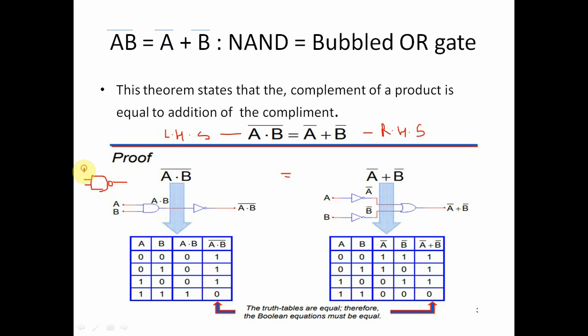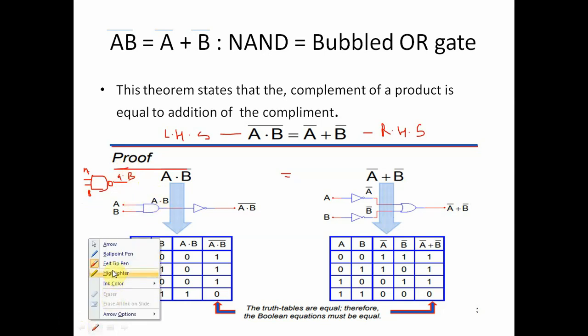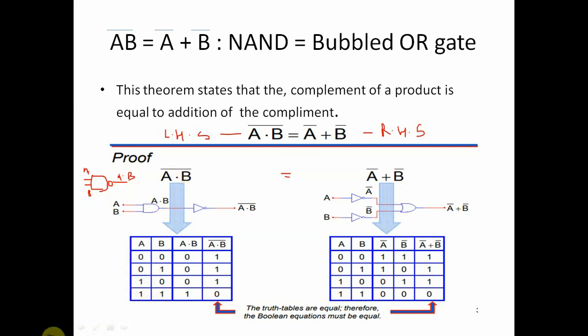This is the NAND gate. Here A, this one is B, and here (A dot B) bar. We can also draw this diagram, or this diagram. Use either one. Here we take two inputs, so how many combinations? There are 4 conditions: 0 0, 0 1, 1 0 and 1 1. Two variables have 4 conditions: 0 0, 0 1, 1 0, 1 1.